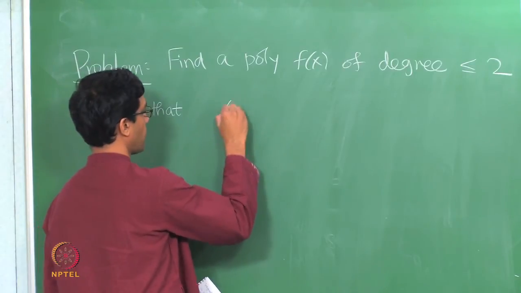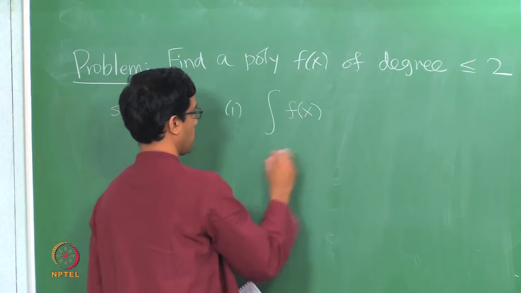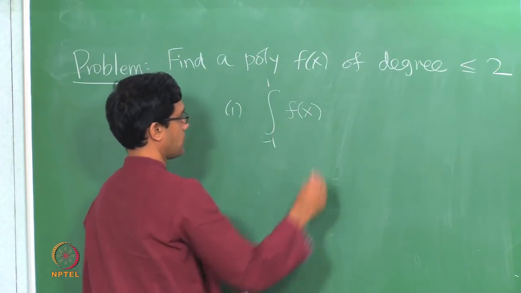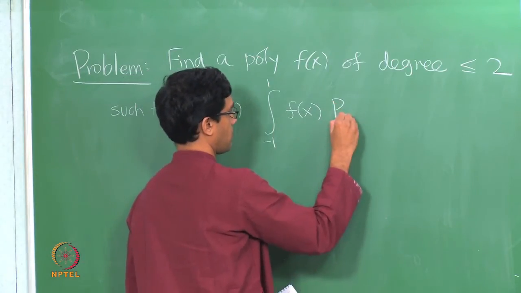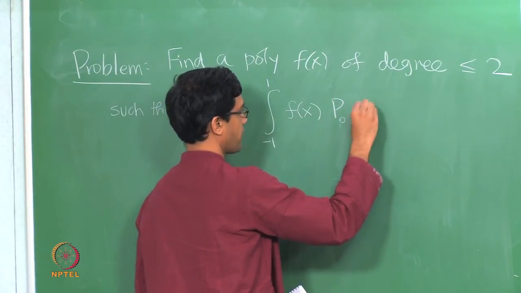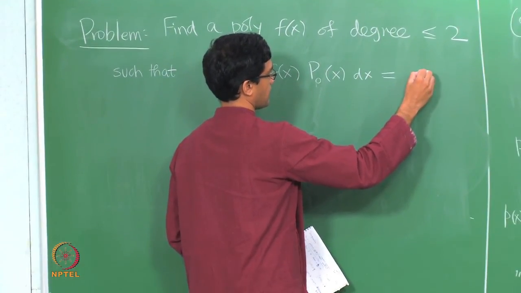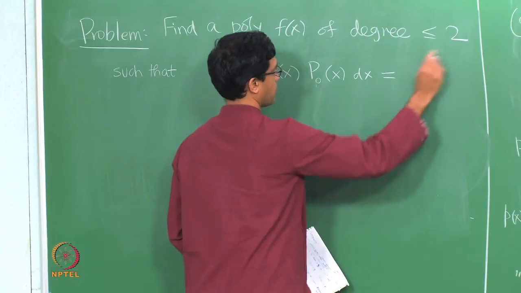So the conditions are the following: the integral of f of x with p0 of x is given to be some number, let us call it a0, or maybe we will call it b0,